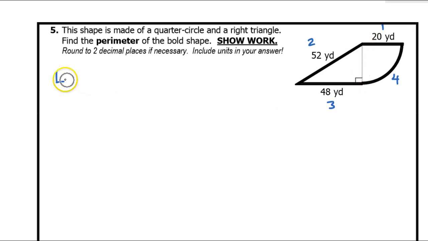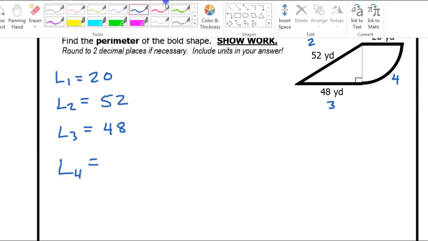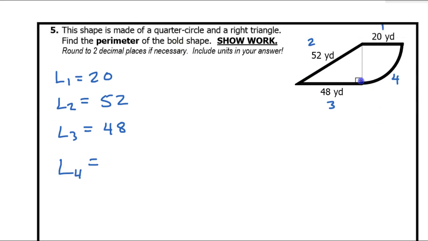That would be silliness. So I'm going to just record that length 1 is 20. All right, that's just given. Length 2 is 52, also given. Length 3 is 48, also given. So the only one that takes any effort is length 4, because length 4 is this arc,